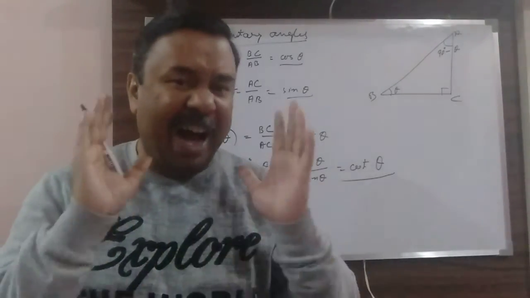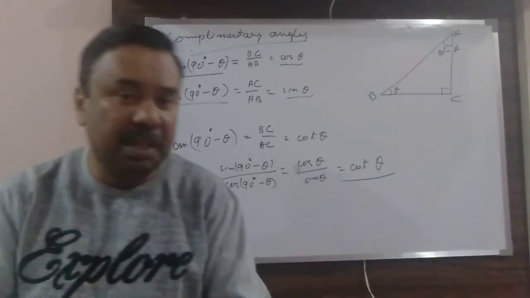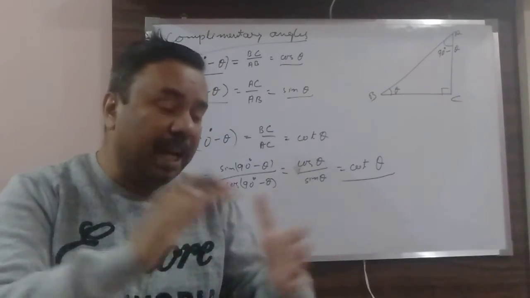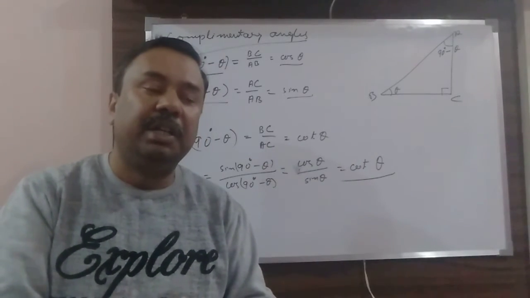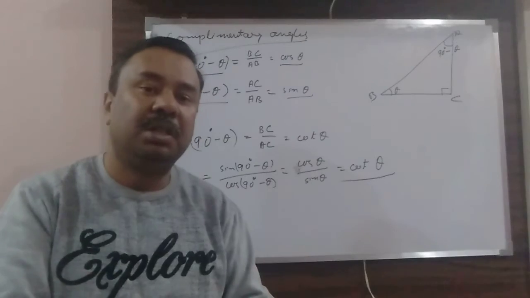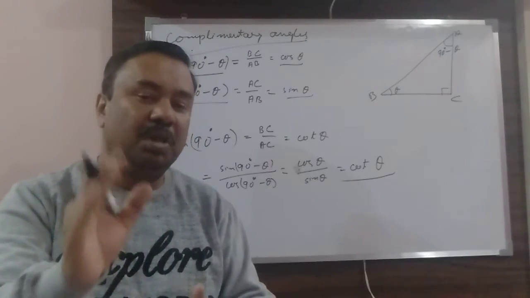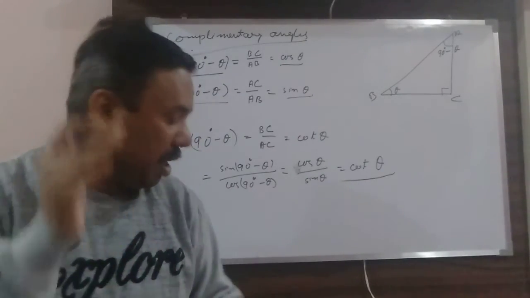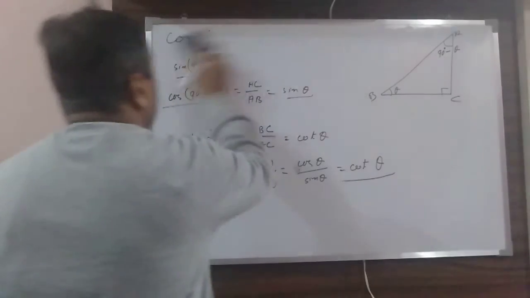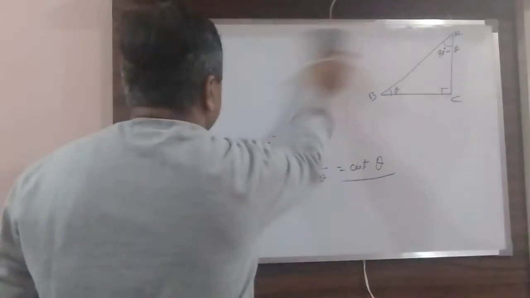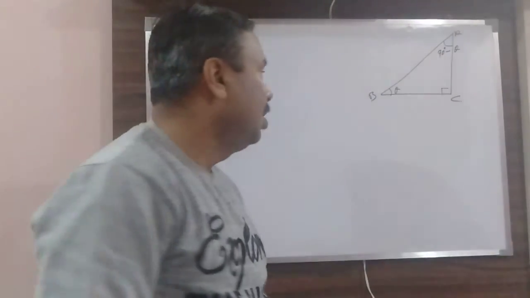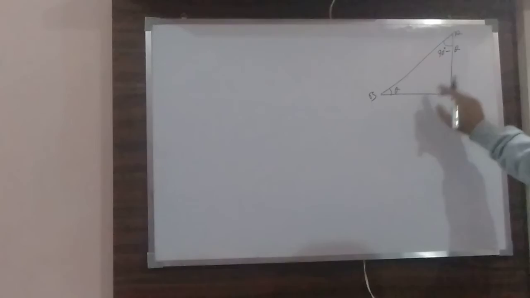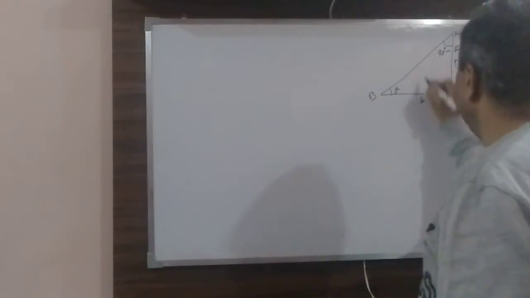Now there are some identities. What is an identity? An identity is a relation or a combination of the ratios in such a way that its value always remains the same, or it is always coming out to be 1. Now what those identities are? There are only 3 identities that you have to study in this class. First of all, in the same figure, let me say this is P, this is B, and this is H.